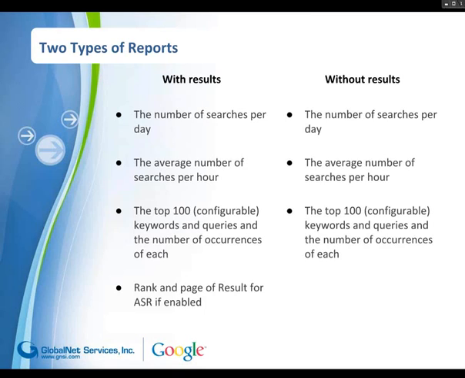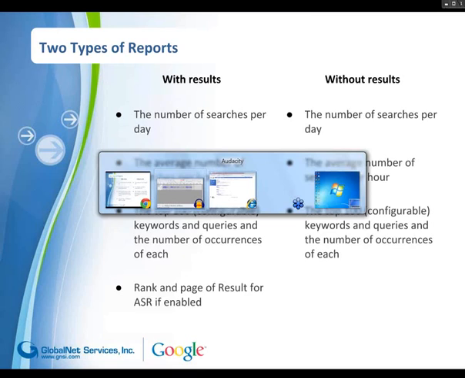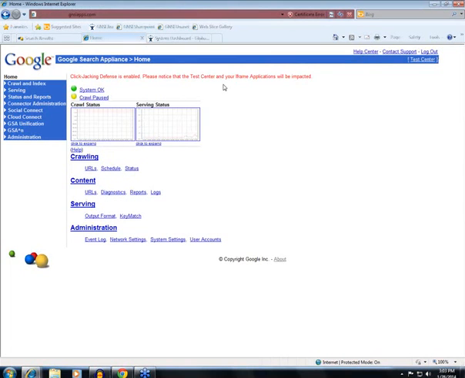There are two main reports on the GSA. One shows you searches that were performed which brought back results, and the second one shows you those searches that were performed that did not bring back results. Both of these, when you look at the reports, show you very similar information, but they are used differently than one another. So what we'll do is take a look at the admin console real quick and see how these reports are generated. So when you log into your admin console, you're going to want to go to Status and Reports